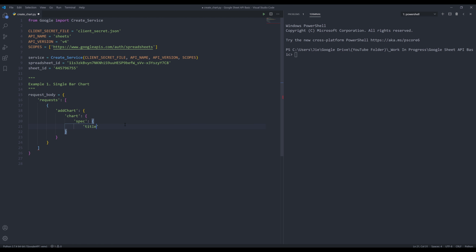So here I'm going to give my chart a title, and I'm going to name the title Regional Sales Summary. I want to specify what type of chart I want to create, and I want to create a basic chart. And for the chart type,